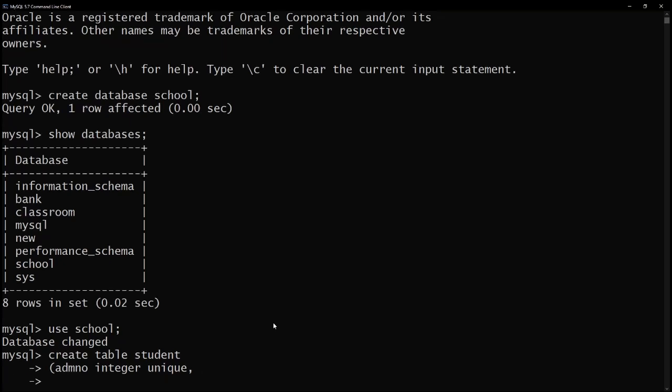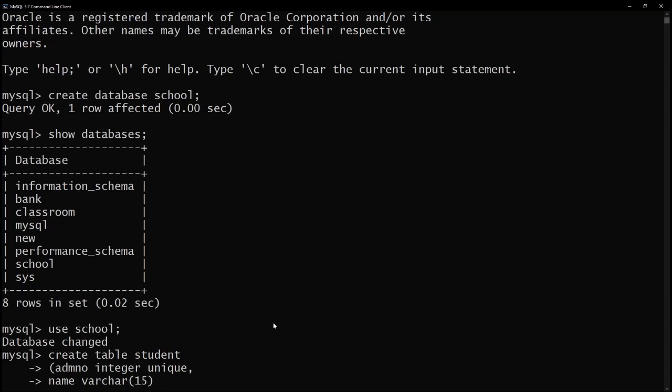Now the second column would be name. We know all the names are not of the same length. The size of the names varies from student to student. So we can take the data type as varchar. We have already discussed all these data types, children. So if you have a doubt, go and revise back again. Varchar is variable character, but then you have to mention what would be the maximum allowed limit. I'm going to tell varchar of maximum a name could be only 15 characters.